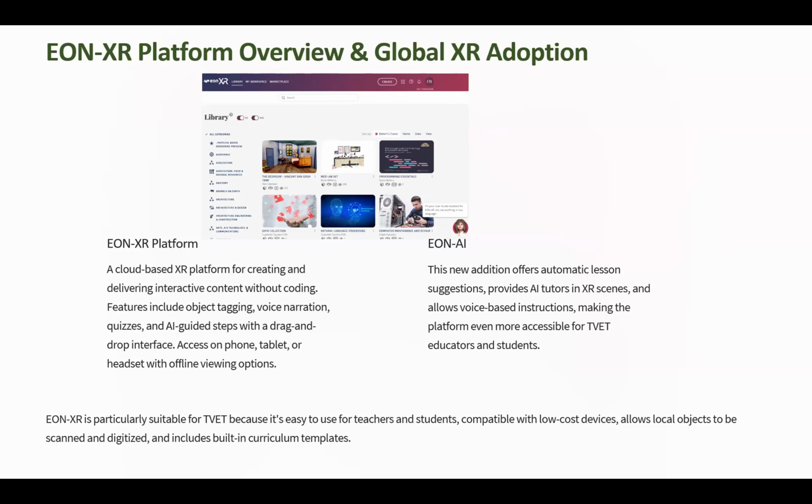Because for the subsequent sessions, you need access to the platform, okay? There's a possibility of using the free version. It has a free version, but that may come with limitations. It will not do justice to what you want to capture when creating content during the training. So recently, we've been able to acquire EON AI within the platform, so you have AI assisting you in creating your lesson.